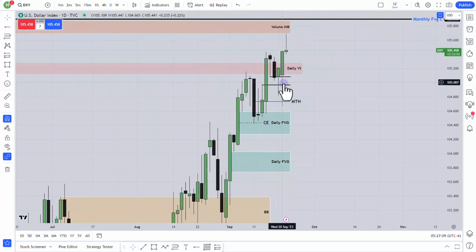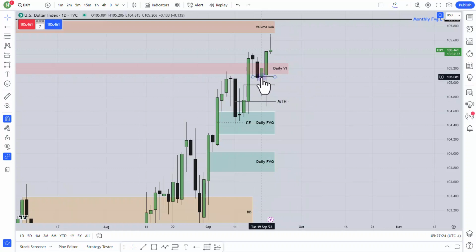Yesterday, you see the wick, it came through this daily fair value gap and came to the mean threshold of this order block. I'll see exactly where it went when I'm in the hourly chart. But you see the bodies, they were respecting this fair value gap very nicely. Though this one closed, yesterday and the day before, the two candles didn't close even below this fair value gap high. So that was your signature that price would like to go higher.